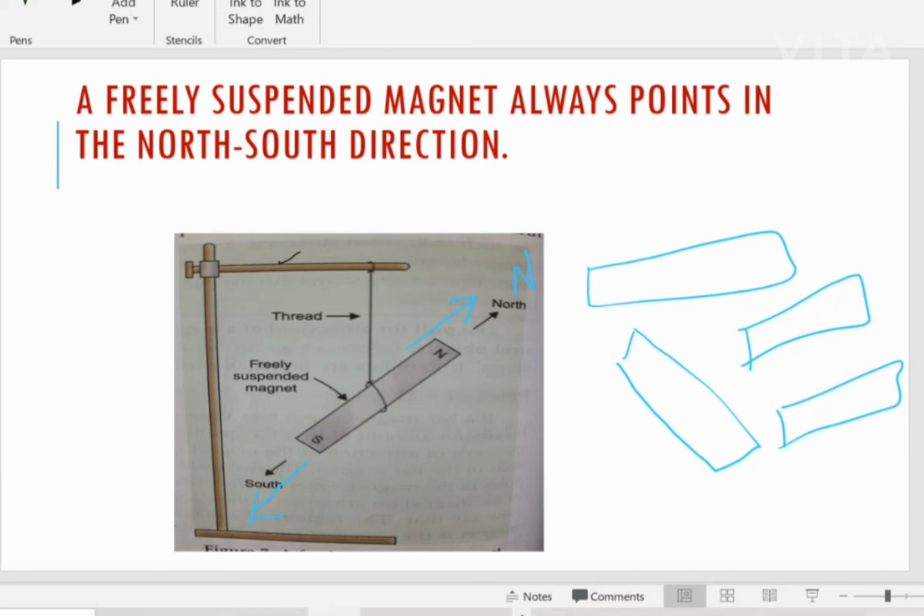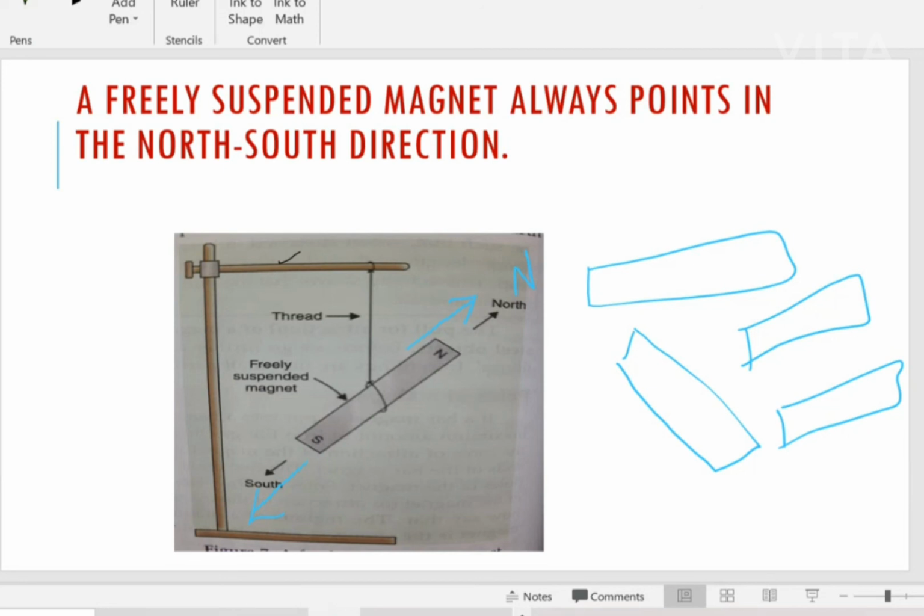In the same way, the sun always rises in the east direction in the morning, and opposite to that is the west direction. So using that, you can find out different directions. Here only one thing you have to remember: it should be a freely suspended magnet or freely pivoted magnet. We'll move on now.